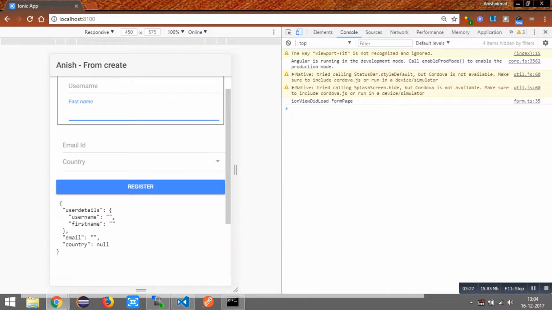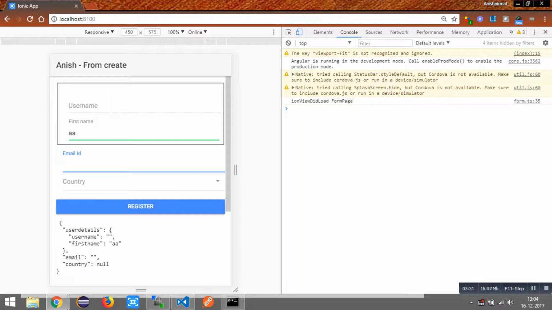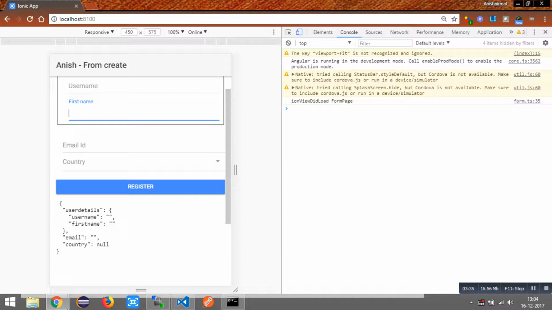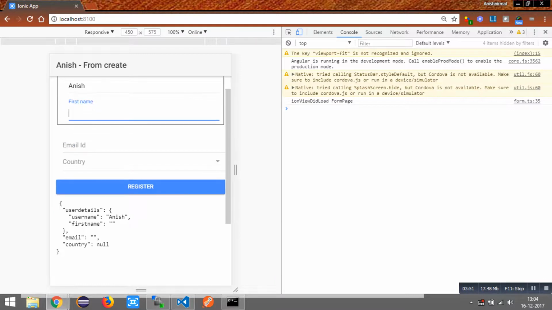You can see the green line denotes the field is valid and the red color indicates this is not valid. This comes as a default in Ionic. Let's start adding username, and the first name as, and the email ID is,